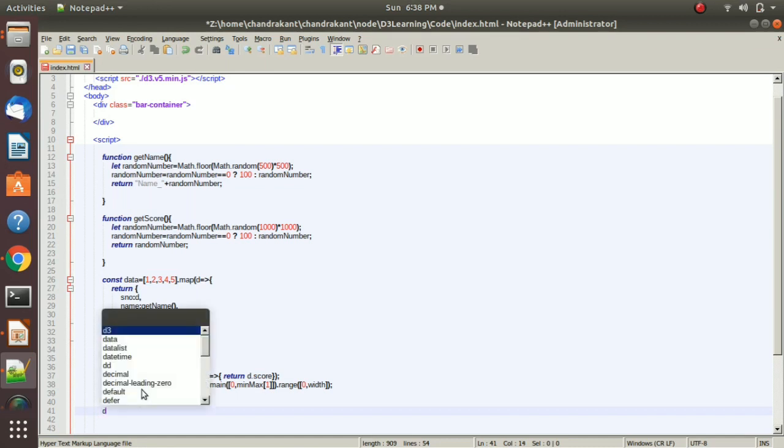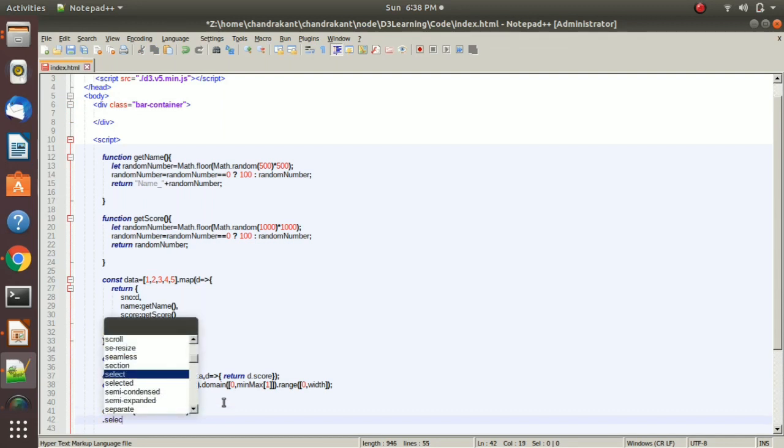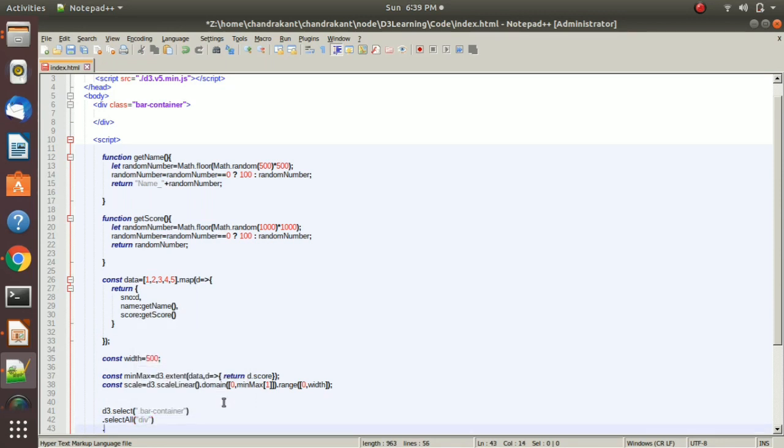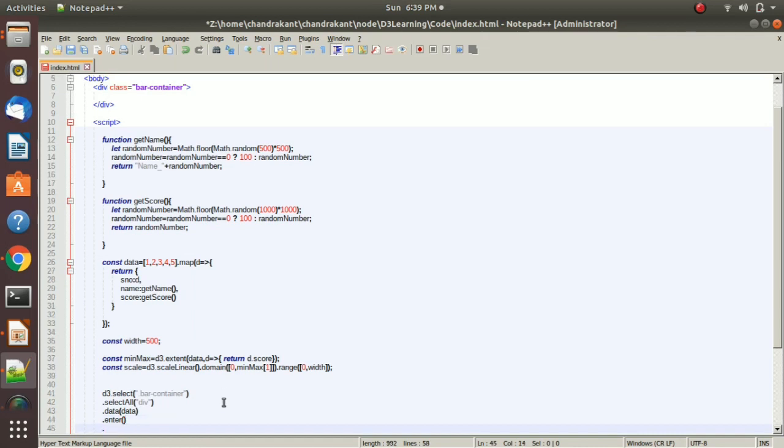So first what we will do, d3.select bar container, .selectAll div, .data, here we will pass our data, .enter, .append.